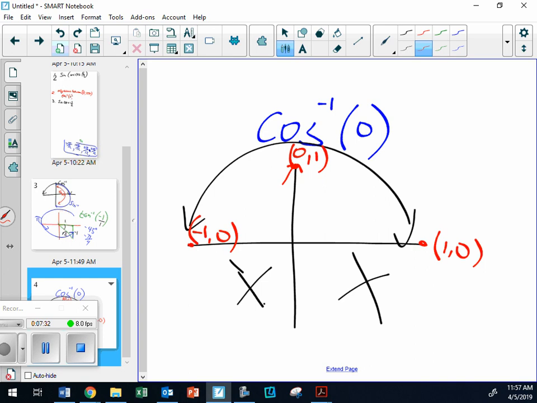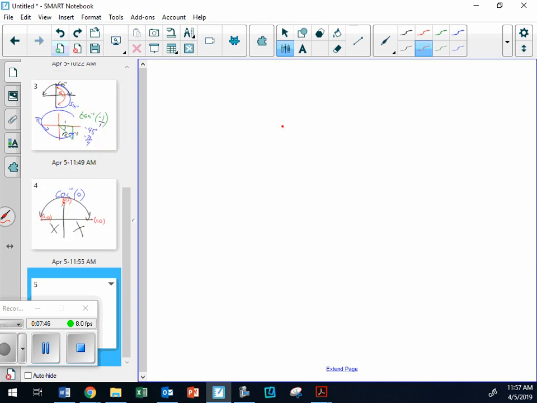How many answers should there be for an inverse trig question? Only one answer. Okay. Are there other types of problems where you can have 2 answers? Yes, they just aren't inverse trig questions. All right. And we did one the other day like that, where it was sine of, not inverse sine, sine of, I don't know, let's do like 5 theta, we'll make it more interesting, equals 1